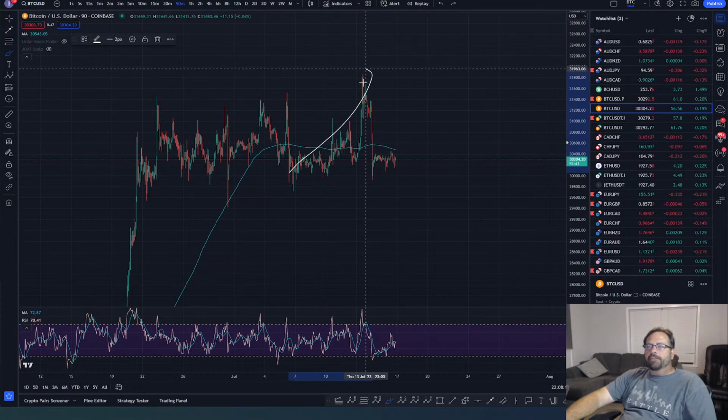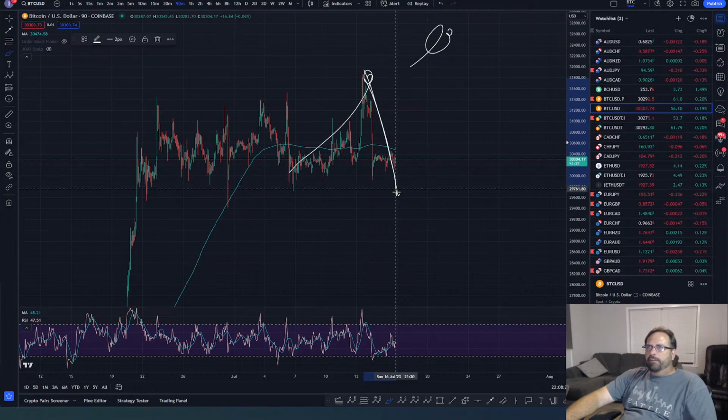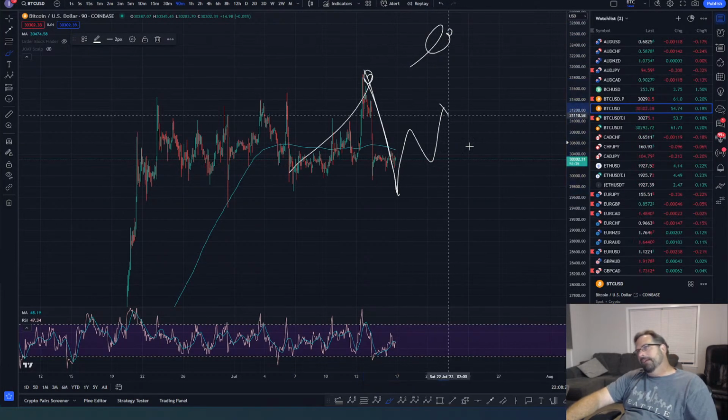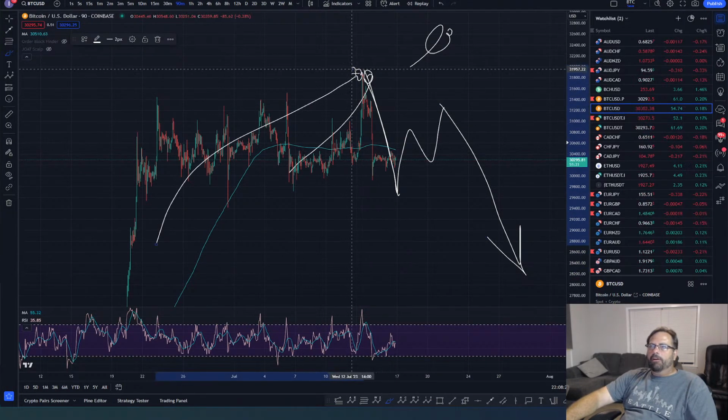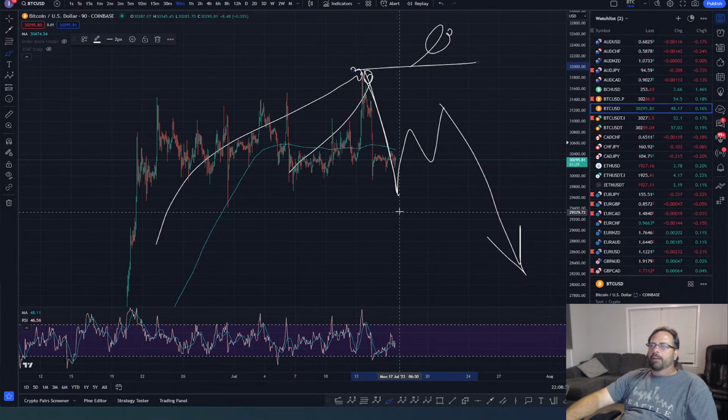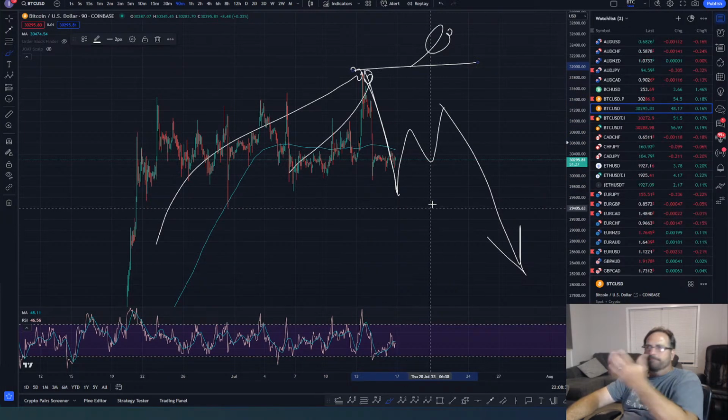If this already finished, no, we're not going to get that high. This is wave 1 to the downside. We get a 3-wave pullback, and then we go. So if this wave finished here, we're not going to get another high. So that other scenario that I just shared doesn't work out.